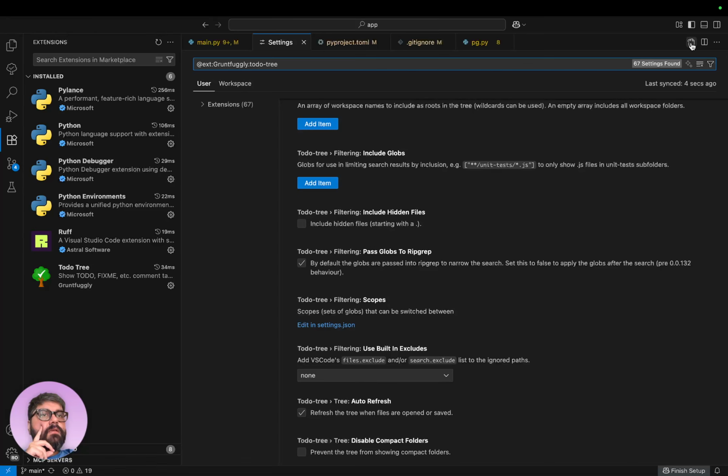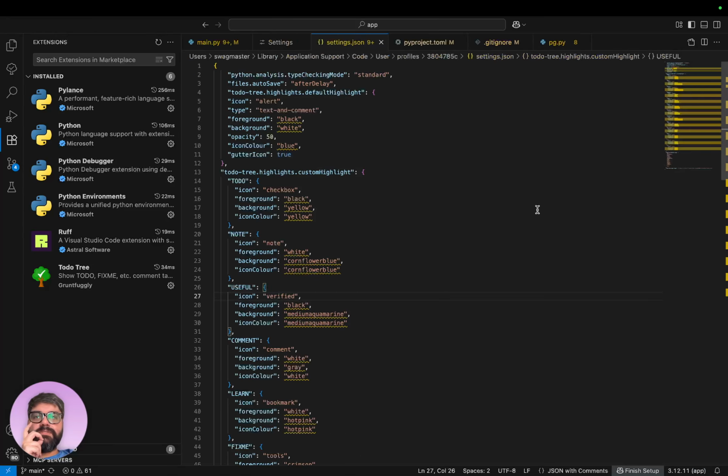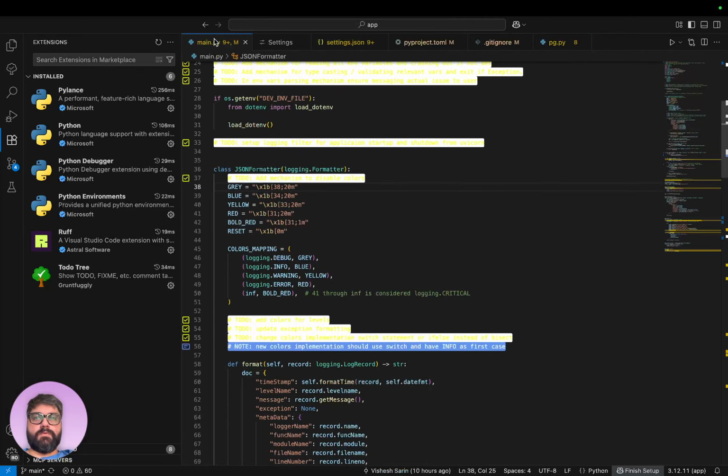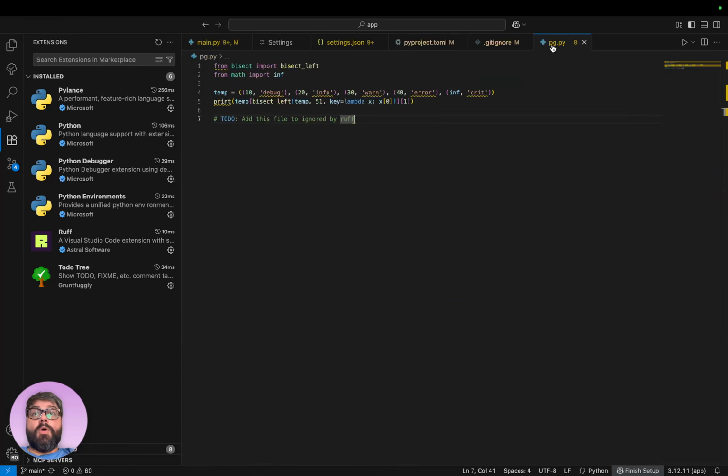Let me open settings JSON. See, foreground and background are two separate colors as well as icon color. Well, I wrote this as yellow and just commented this out. How would that work? Oh, no, that's just not. Whoa, that's bad.